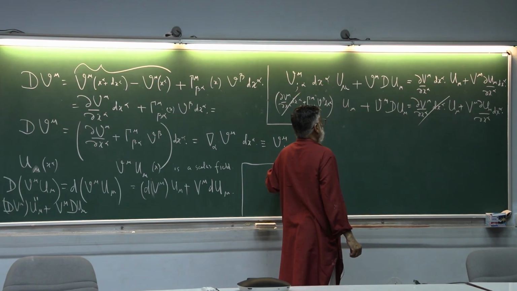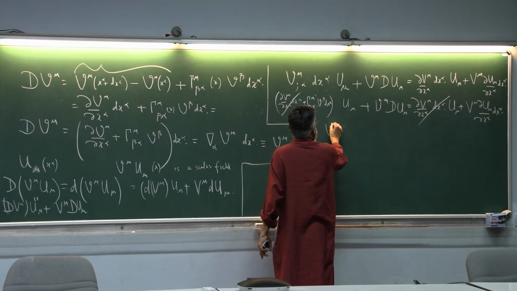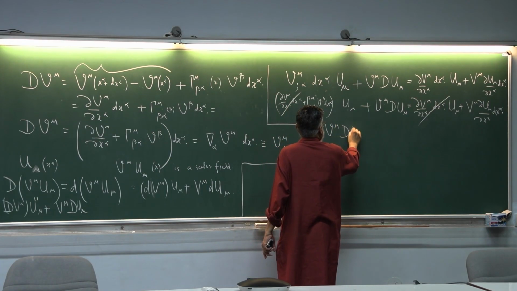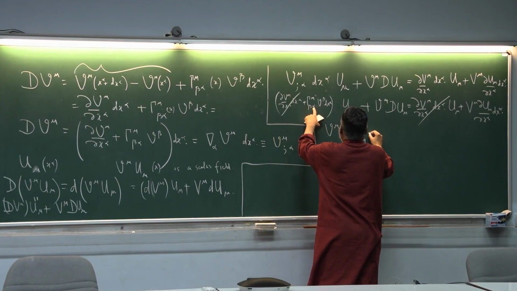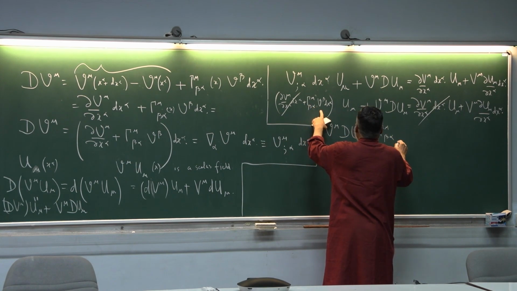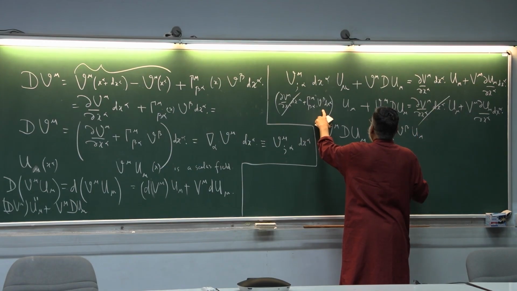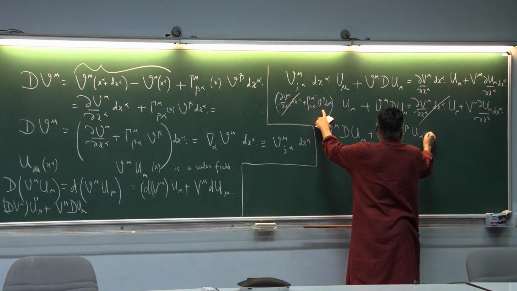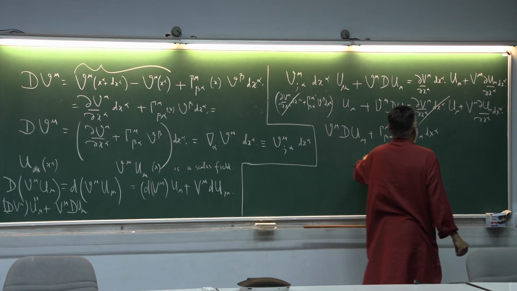What is remaining is that v mu d u mu, this term is remaining, which is plus gamma mu beta alpha v beta u mu dx alpha is equal to